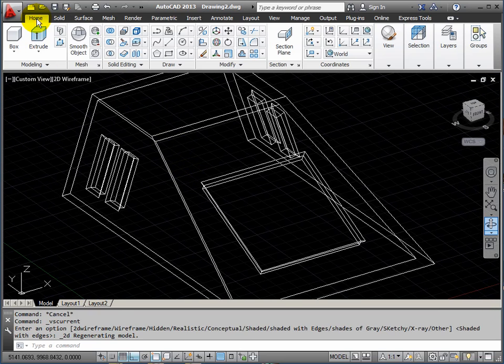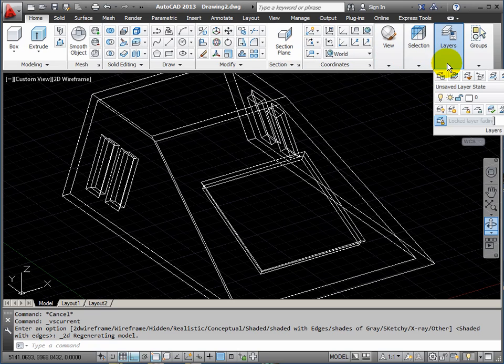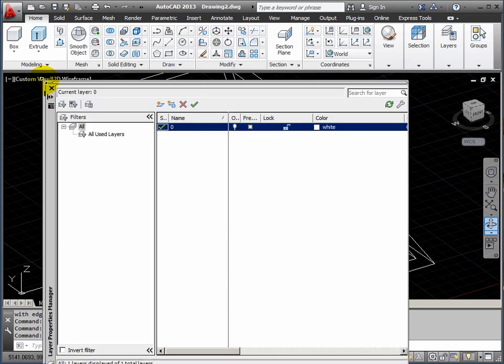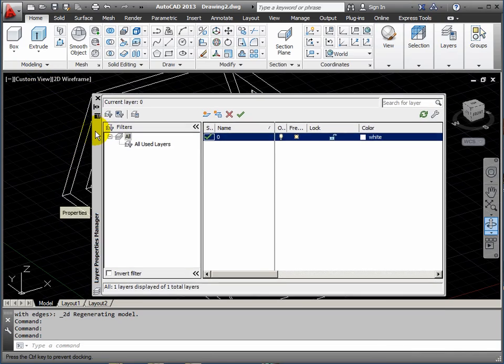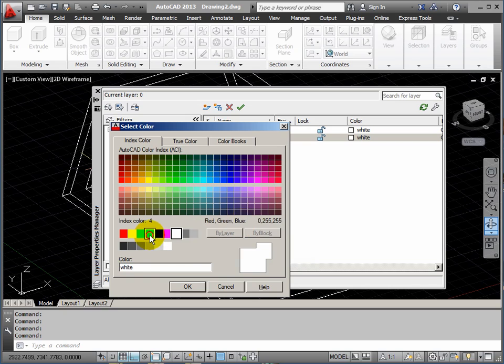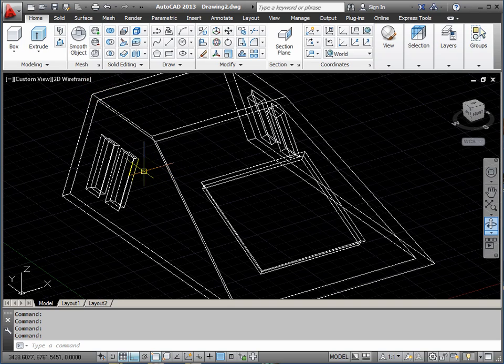So we want to add a bit of glass now to this, so as if they had windows. So I need a new layer. Layers dialog is ridiculously big. Okay, bring it down. Okay, a new layer. Let's call it glass. Make it cyan colored so we can see it. Make it current and close. And then 3D face this time,